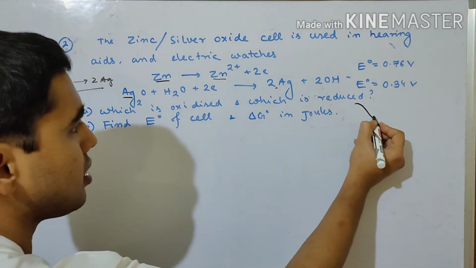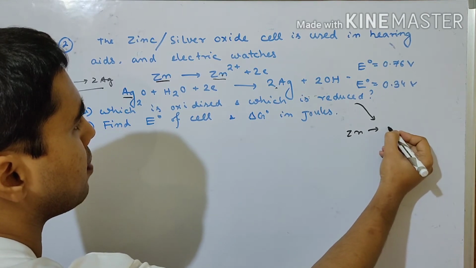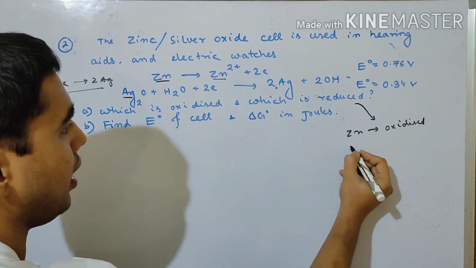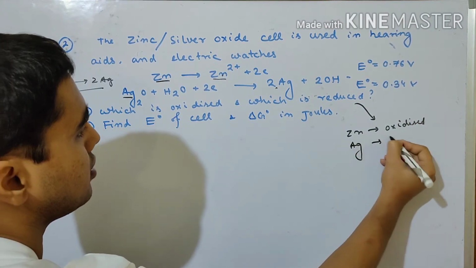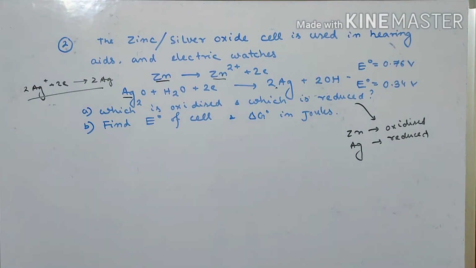So I think the answer is that zinc will be oxidized and silver is reduced. It's not a difficult one at all. We all understand what is happening here. Most important is the second part. Silver, you can say Ag2O actually,